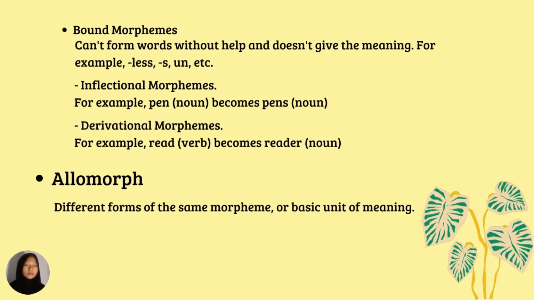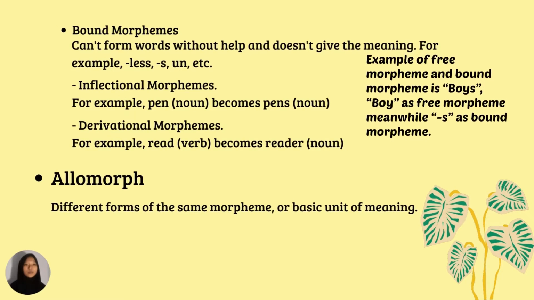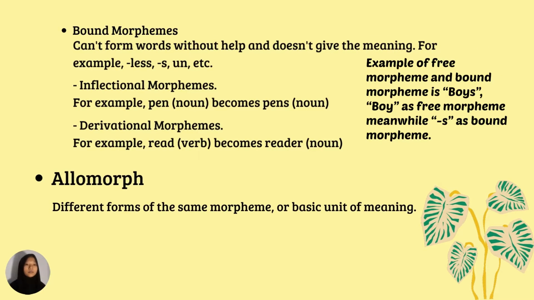The next is bound morphemes. Why is it called bound morphemes? Because it cannot form words without the help of other morphemes, and it doesn't give meaning. For example, less, as, and, etc. In bound morphemes, there are two types: inflectional morphemes and derivational morphemes. Inflectional morphemes, it changes the meaning,